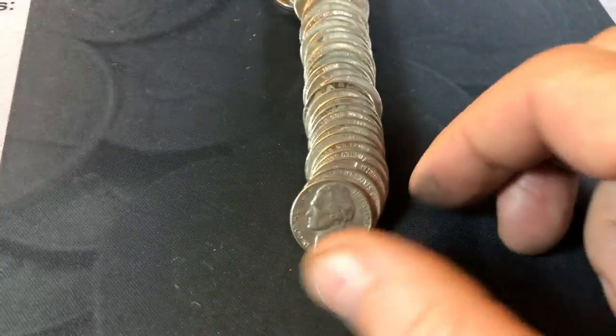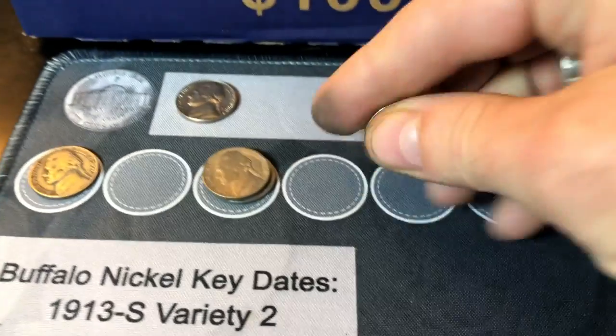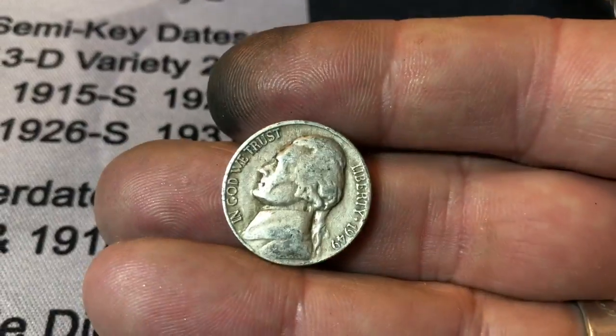Roll 27 is going to yield another 40s nickel, and this one is a 1946 minted in San Francisco. 1 year off silver. Roll 32, another 40s nickel here, a 1941 Philadelphia. Roll 41 is going to have a 1949 minted in Denver, so we'll check it for the D over S,